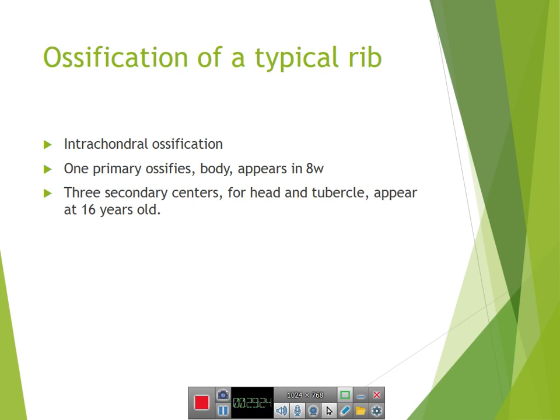A typical rib ossifies in cartilage. So the typical rib has intrachondral ossification. And there is one primary center for the shaft, exactly. There is one primary center, which appears near the angle at about the 8th week of intrauterine life. And the second center, 3